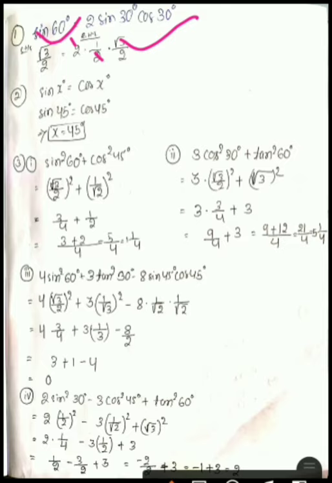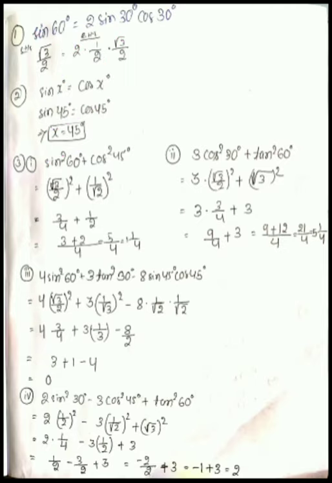And question number 2, just see, sin x degree equal to cos x degree. The angle is in between 0 degree and 90 degree. So students, already all of you know it, the value of sin 45 is equal to the cos 45. So take the angle 45. Okay, now this 2 will be cancelled out. Okay, you will get x equal to 45 degree. In the place of x, the value is 45 degree.